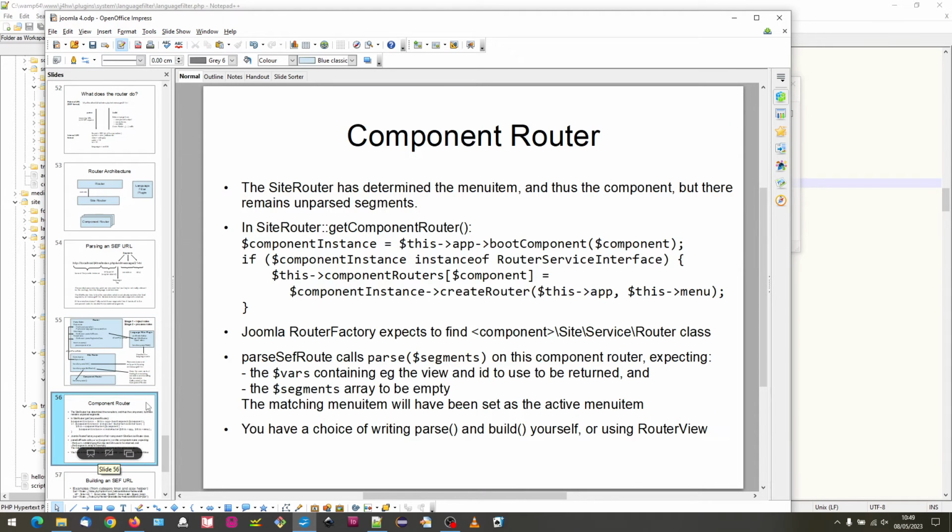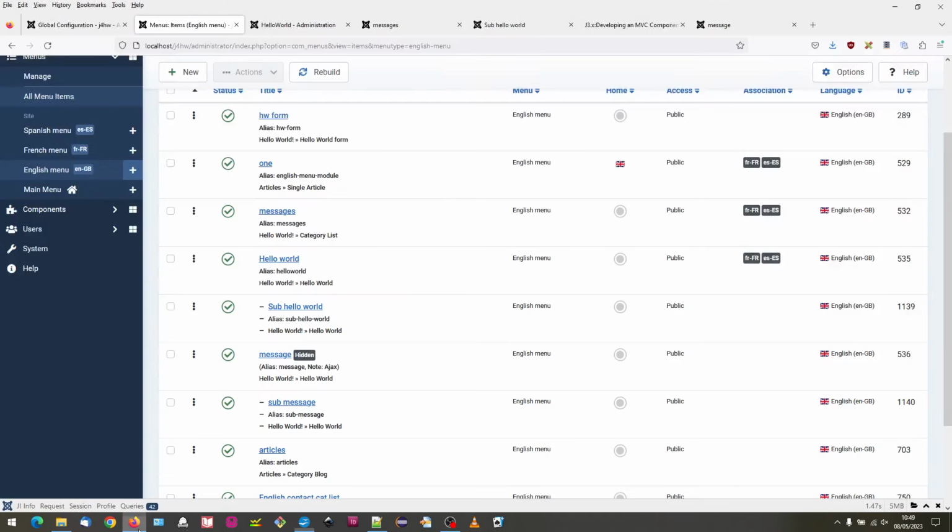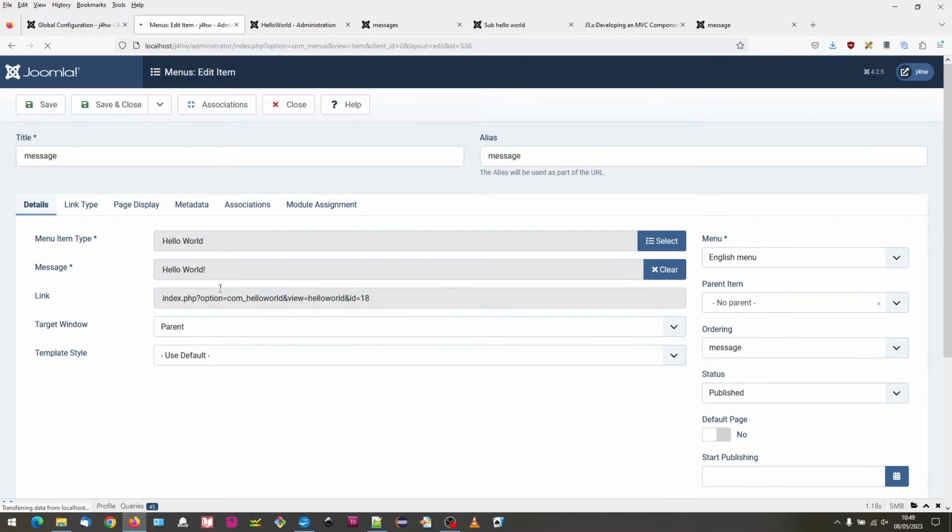So finally, let's look at our component router. The component router gets involved when the site router has determined the menu item, and so the component, but there remain unparsed segments. I should say that whenever you determine the menu item, the important aspect of the menu item is not just the component that you need to call, but also